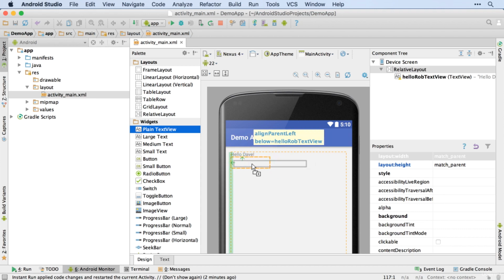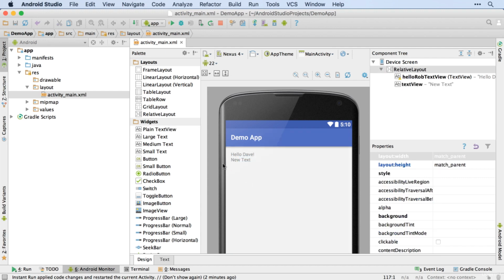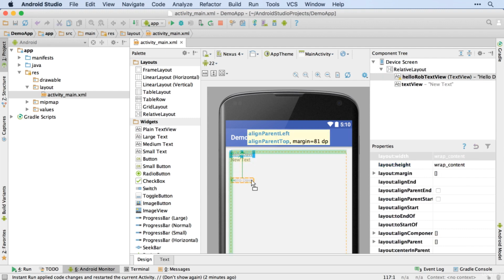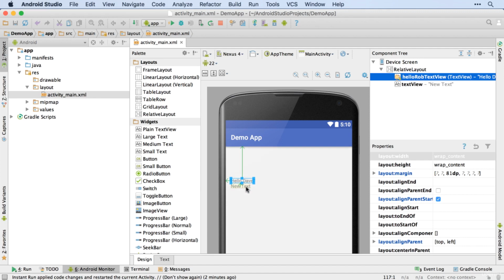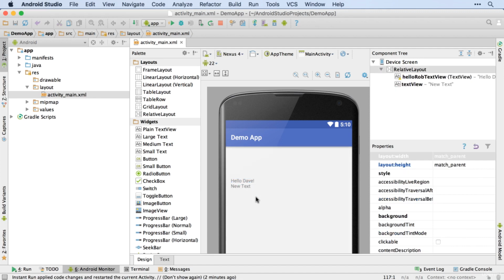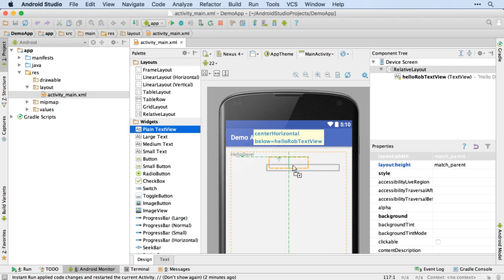So for example, if I laid it there, that will be aligned to the parent, which is the dotted orange box around the edge there on the left, and it will be aligned below the Hello Dave label. So if I now drag Hello Dave down, then the new text view is dragged down with it. I'm going to use Command Z to undo that, take it back to where we were before, and Command Z again to get rid of the new text view, and let's just drag it in again